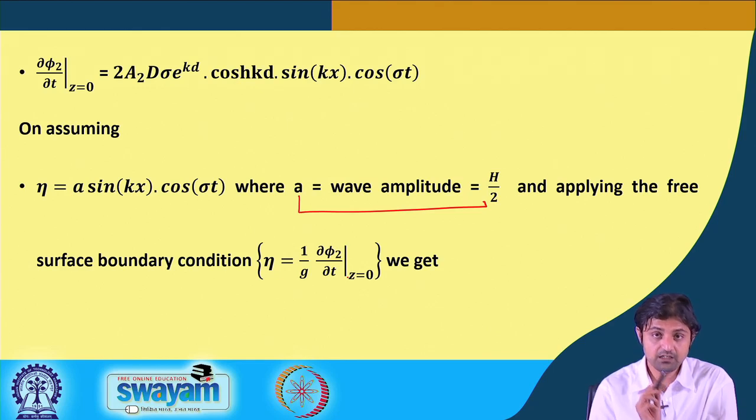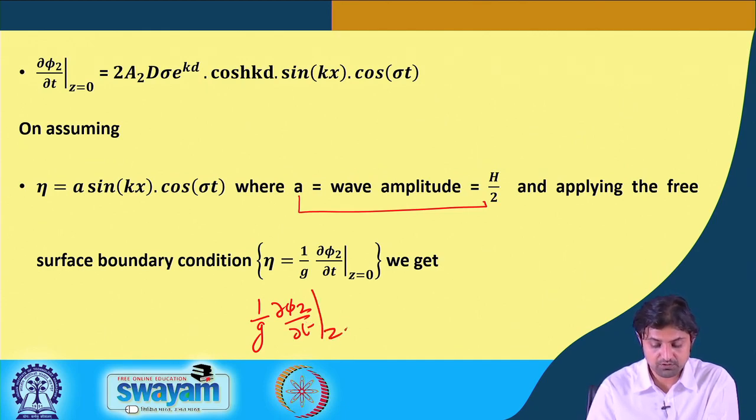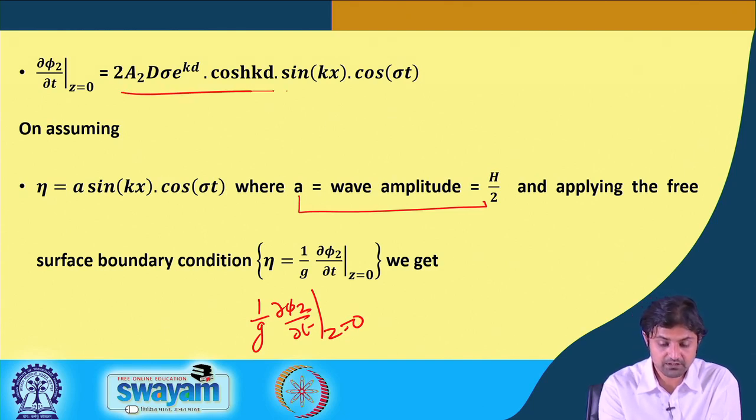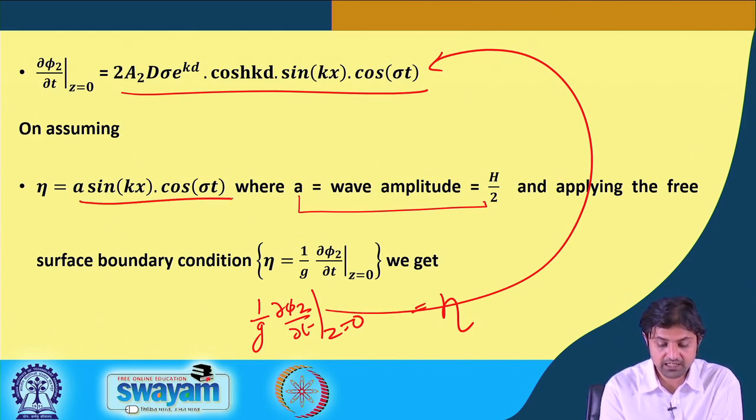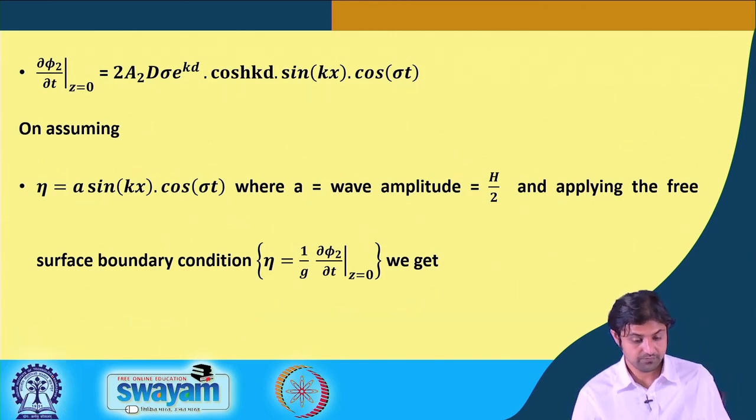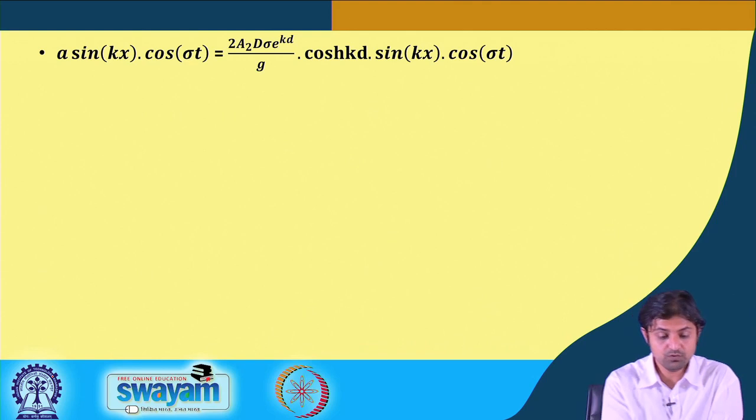So, first we have applied the bottom boundary condition. On the second step, we want to apply the dynamic free surface boundary condition. So, for applying the dynamic free surface boundary condition, we need to calculate this term 1 by g del phi del t at z is equal to 0. All right, and this is what we get, this term, and this we equate to eta. Eta is the free surface, which is equal to a sin kx into cos sigma t. All right. So, simply what we do, eta is equal to,